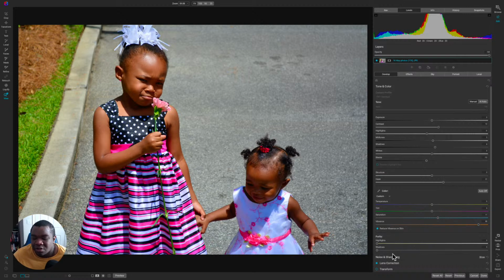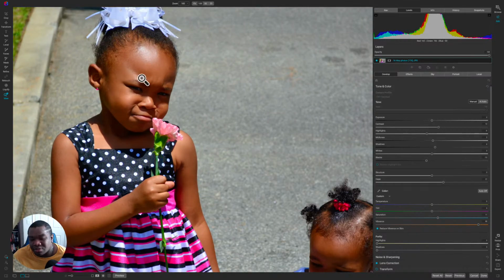Now, the purity section, these are actually pretty straightforward. I hover over this and it tells you what it does. It reduces the color saturation of the highlights to remove a color cast. So if you end up with a weird color cast, which I don't have one in this image, and we'll see if I have one in any of the images that I show today. But if I started to, and we're looking at the highlights, right? If I started to see weird colors in my highlights, all I have to do to get rid of that color cast, specifically in the highlights, is just pull